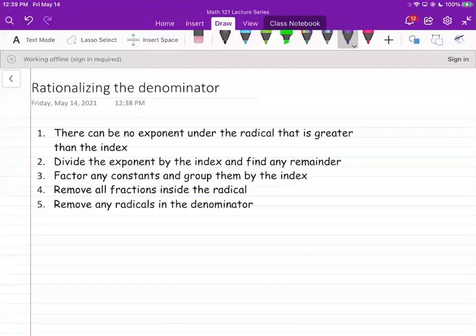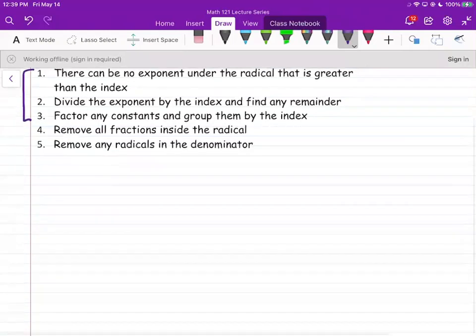In the last video, we dealt with the idea of simplifying radicals, and we dealt with steps 1 through 3. In this video, we're going to worry particularly about getting rid of the radicals inside a denominator. For example, if I have something like 2 over the square root of 3x, anytime there is a single value